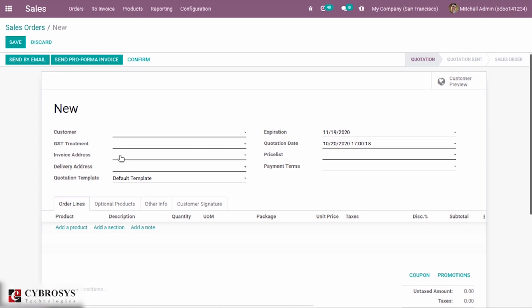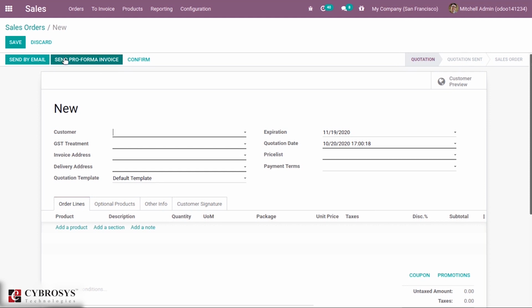Then we can add invoice address and delivery address of the customer. According to that, we can create sale orders and confirm it.